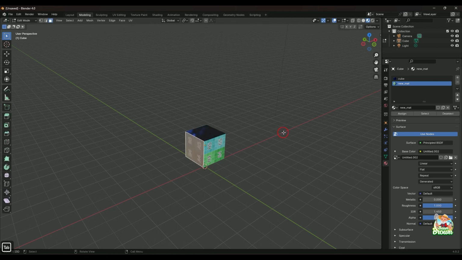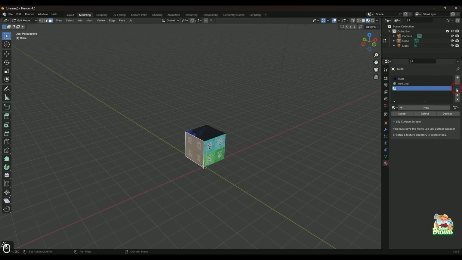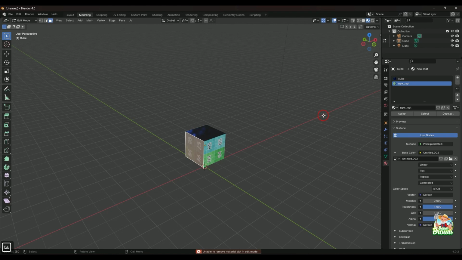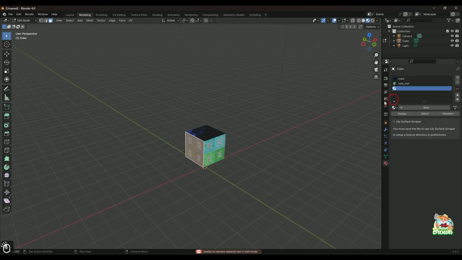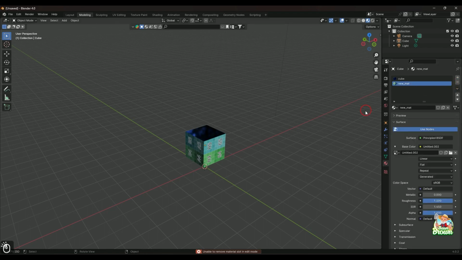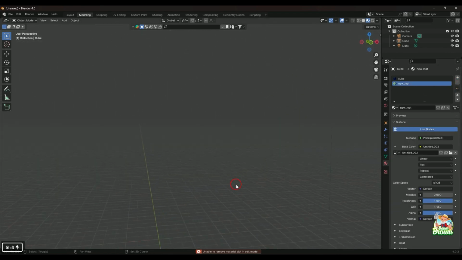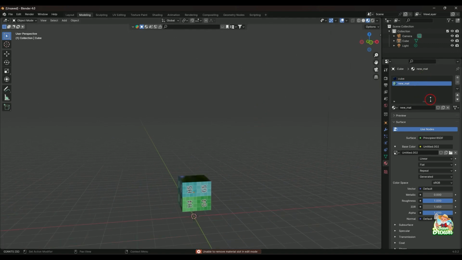Even if you're in object mode, you can still add in any mode that you want. You just can't delete in edit mode. I don't know why. Yep, you can add in edit mode, just can't delete. It's just a Blender thing, I guess. Who knew? But anyhow, that's worth noting. So if you're trying to delete one of your